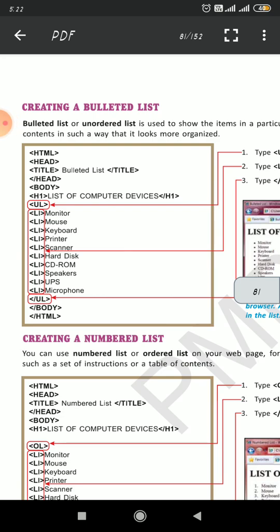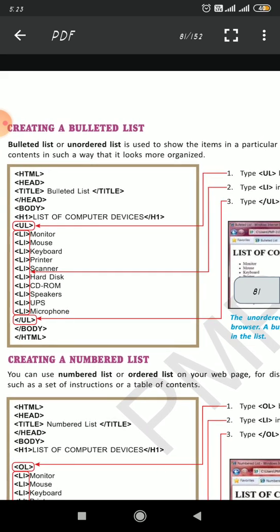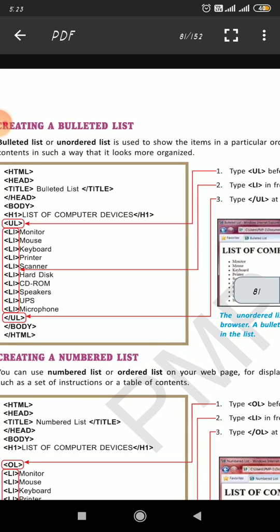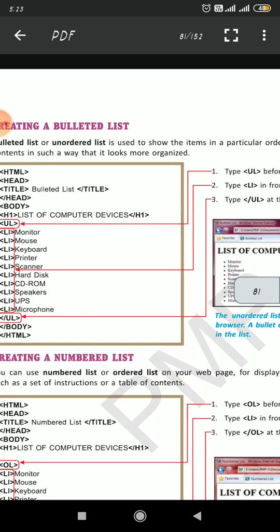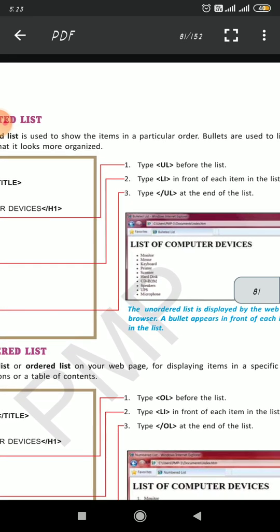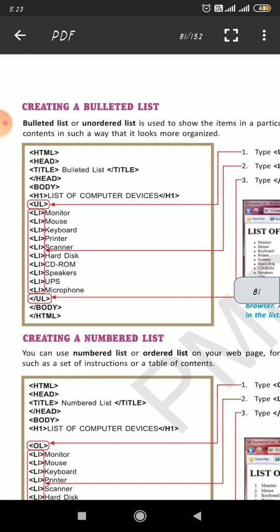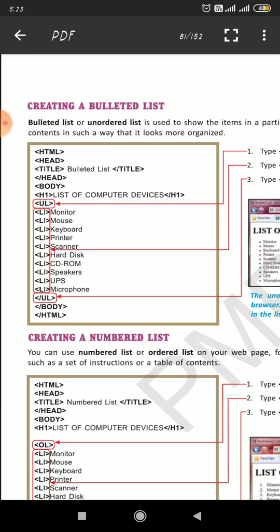Bulleted list or unordered list. You can call it a bulleted list and also an unordered list. It is used to show the items in a particular order. Bullets are used to list the contents in such a way that it looks more organized.